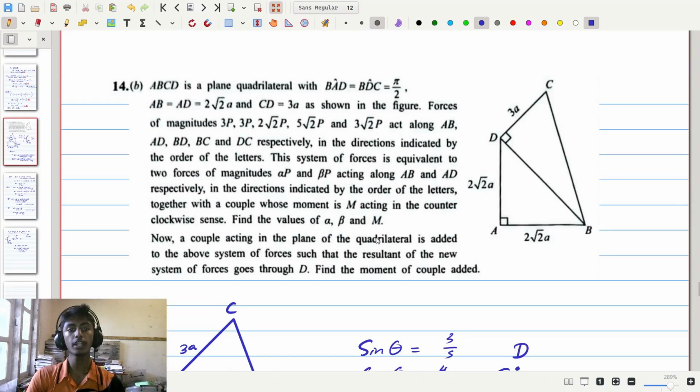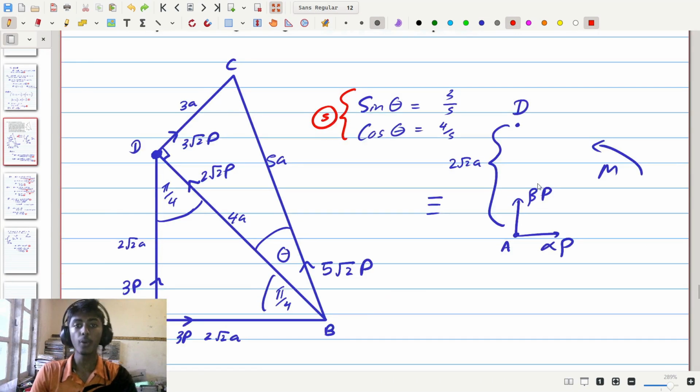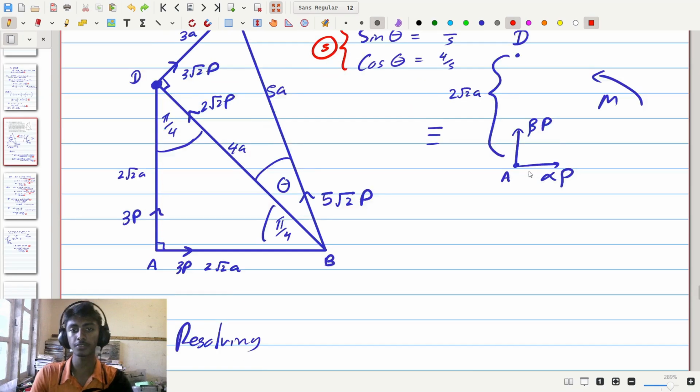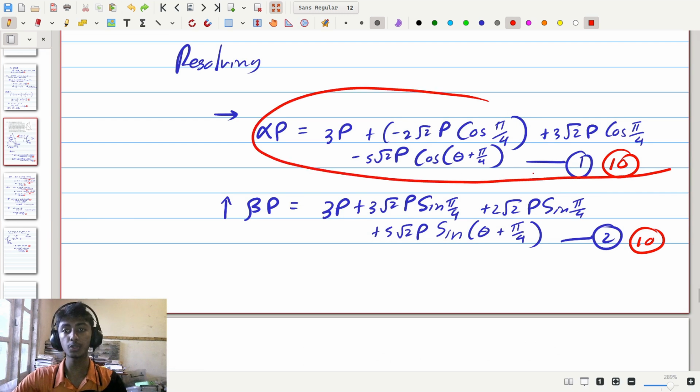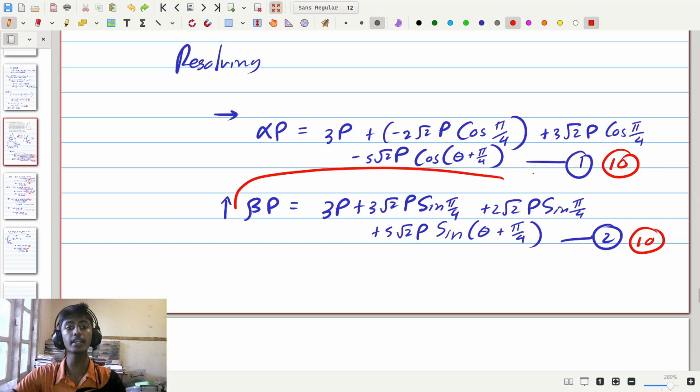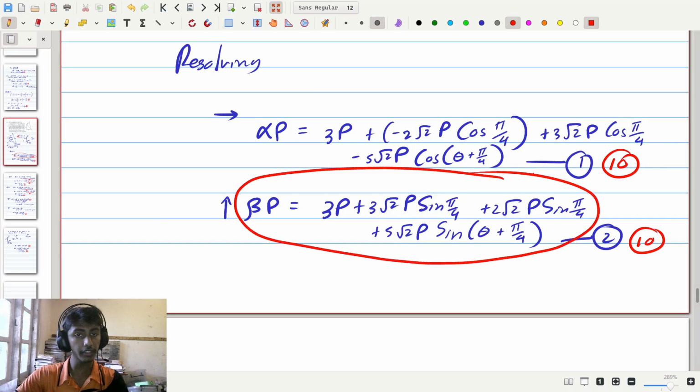So now let's finally go over the marks awarded for this question. At the start, when you find sine of theta and cosine of theta, which are relevant and necessary geometrical facts in order to solve the problem, you get 5 marks. After this, when you write down the equation you get when resolving in the horizontal direction, you get 10 marks. And similarly, when you write down the equation you get when you resolve in the vertical direction, you get another